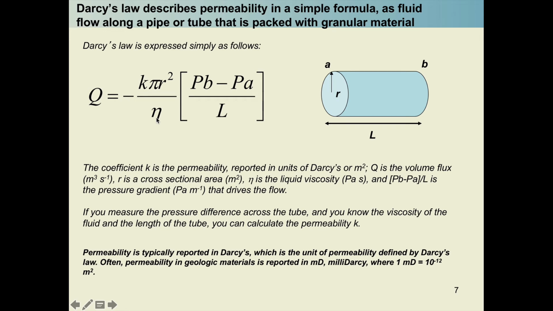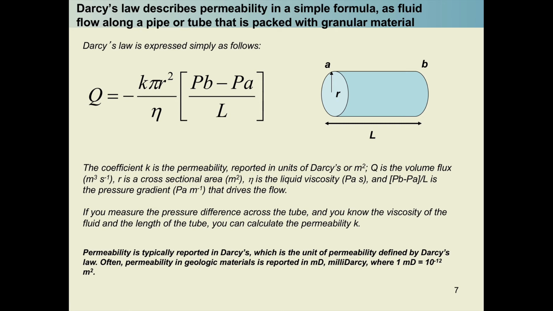So that means that you have a constant liquid viscosity. So if you have a really high permeability, it means that your volume flux is low with time, and it means that the pressure buildup across point A to point B along your tube is big. So if you can measure the pressure difference across the tube, which is actually a pretty easy thing to do if you have some equipment, or even if you don't, you can do it by timing fluid flow driven by gravity. If you know the viscosity of your fluid, which for things like water and air is actually something that's already been measured for you, you know how long your experimental tube is, you can actually calculate permeability